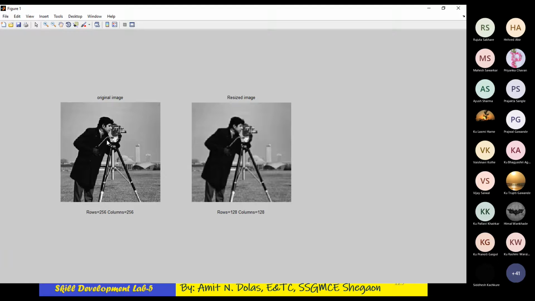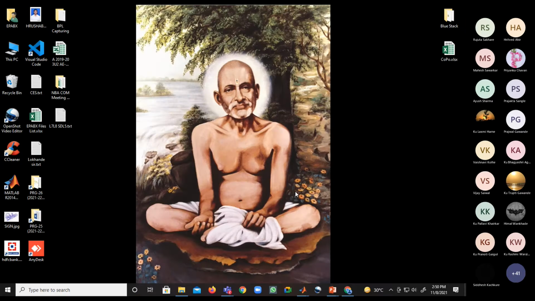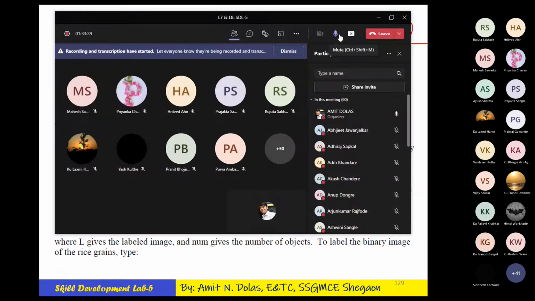Now next, the second image is the compressed image or resized image. Is there any change in quality between the resized image and the original image? Yes. Is there any quality change? I'm waiting for the reply.